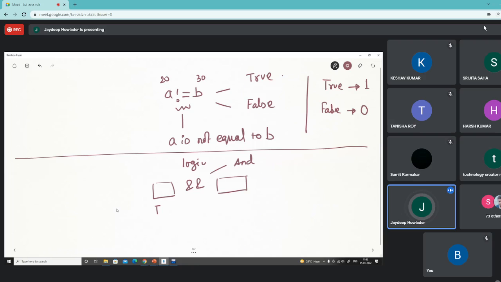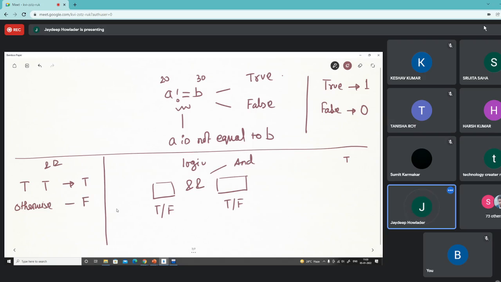I want to perform the AND operation between binary variables like true and false. Only if the left hand side is true and the right hand side is true do we get an output of true. If the two operands are true, then only we get a true, otherwise we get a false. Okay, understand?